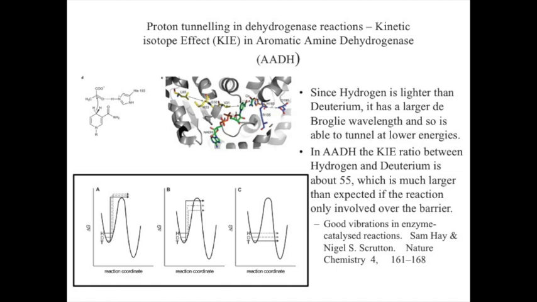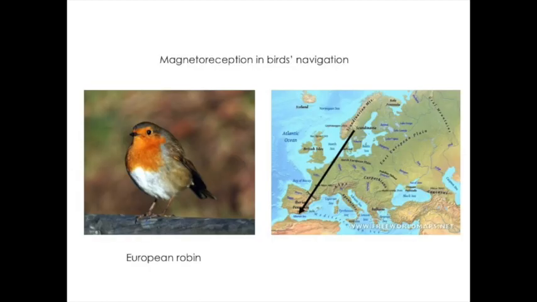Now we'll look at, I think I'll look at this one more, which is avian navigation, which is one of the most fascinating stories in quantum mechanics. Our familiar robin, bobbing around in our gardens at the moment, is not the subject of this talk, because actually it's the European robin. The British robin does not migrate, which is why it stays around to be with us in the snowy Christmas time and ends up on our Christmas cards, because it doesn't migrate. The European robin in Scandinavia and Northern Europe migrates south in the winter. Looks just like our British robin.